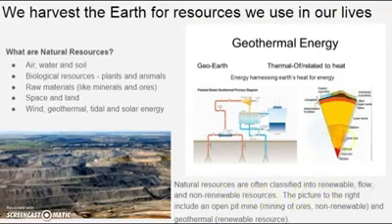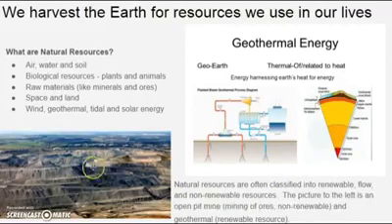The picture here to the left includes an open pit mine. An open pit mine is just where we directly go in and dig out and get what we need. We separate it. We'll talk about the separation process a little bit later. And geothermal, a renewable resource, is where we use the heat within the Earth to vaporize water and create pressure to turn a turbine. We can get electricity and thus heat from it. And this is all just heat that we take from the Earth. So the Earth provides the resources that we live our lives